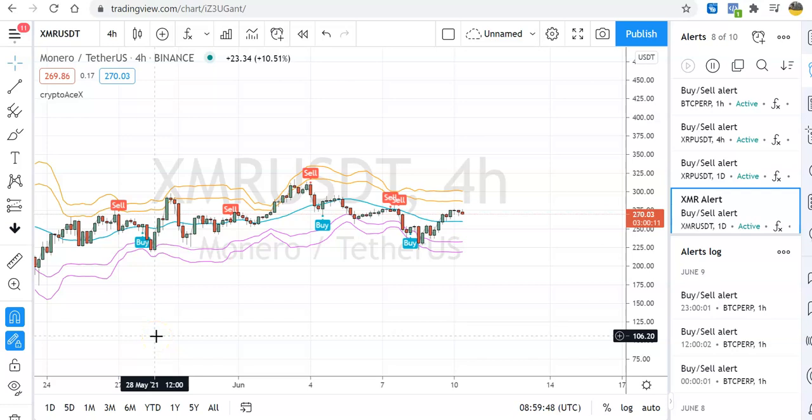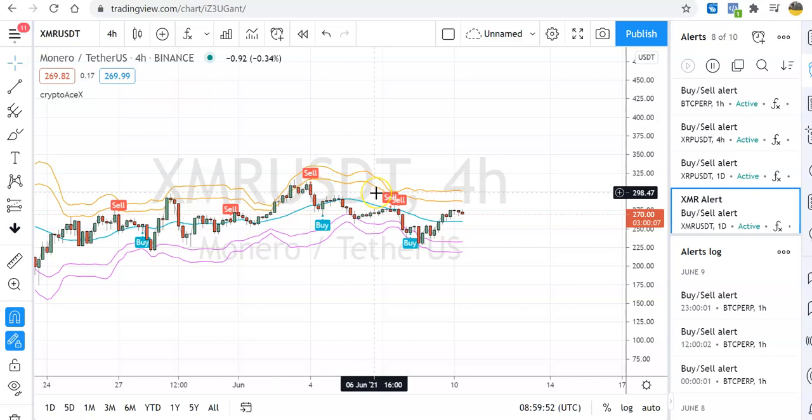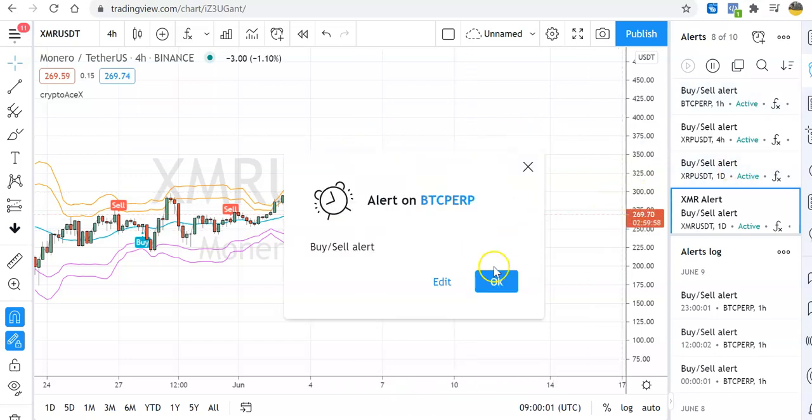Okay, my friends, so in this video I'm going to show you the entry, how we actually enter a position. First off, we need to set the alert. Okay, as you can see, there we go, in real time you can see that we do get